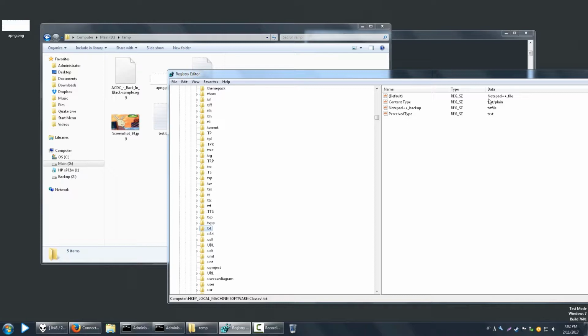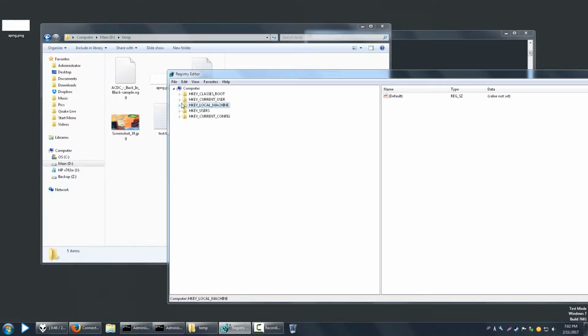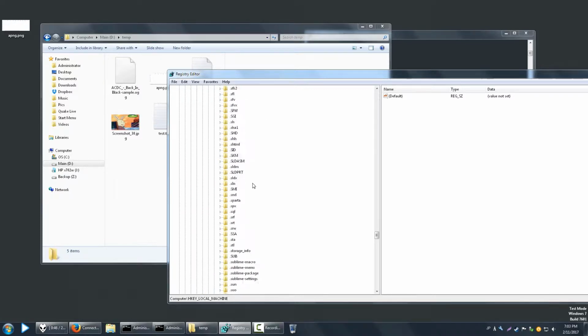This key will also point to a different key using its default value here. So this one points to notepad++ underscore file. Okay, but we're going to ignore that for now, since if we remember, there was a user choice key here with a valid prog ID. So instead of going to the notepad++ underscore file key, we're going to go to this key, txt file, and